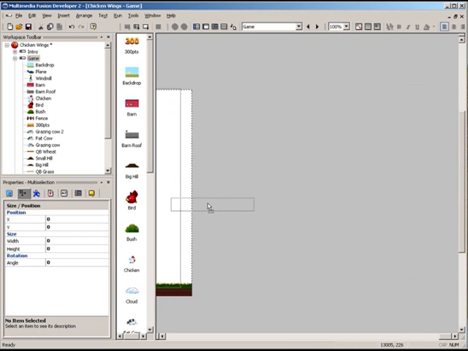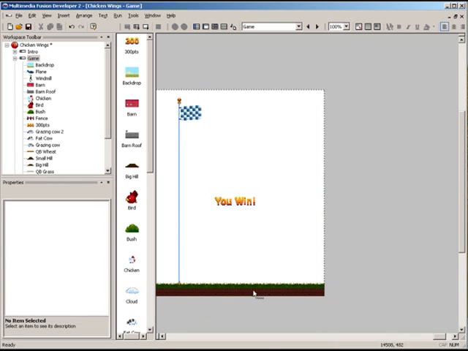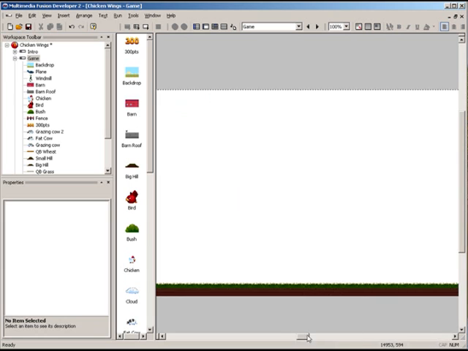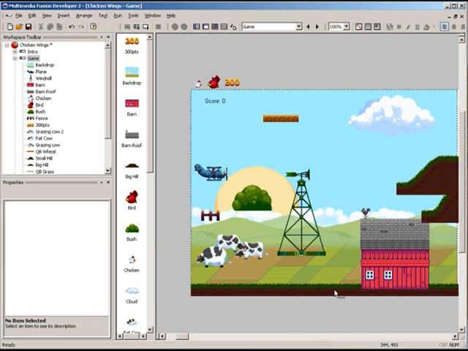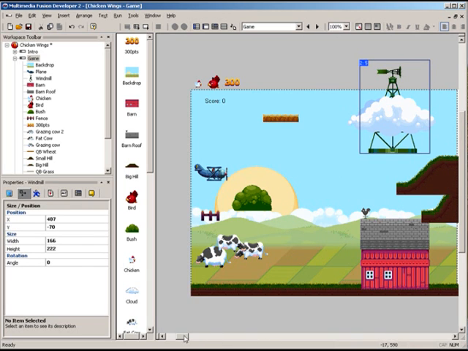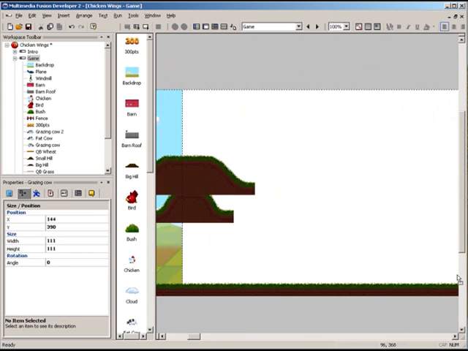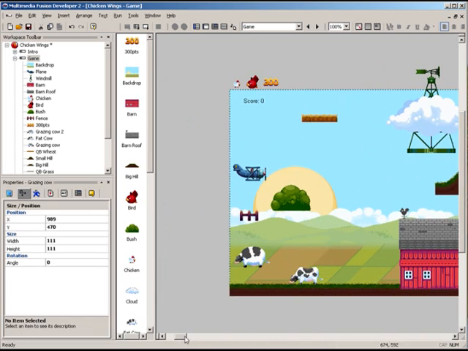Drag them down this way, not quite that far. Right about there should be good. Okay, now we're ready to start laying out our play field. And all we're going to do here is take our various cows and objects and place them on the screen. So once I get